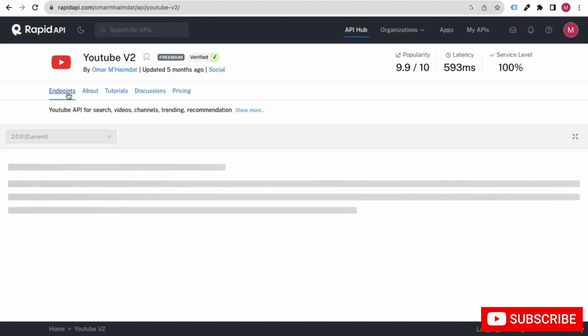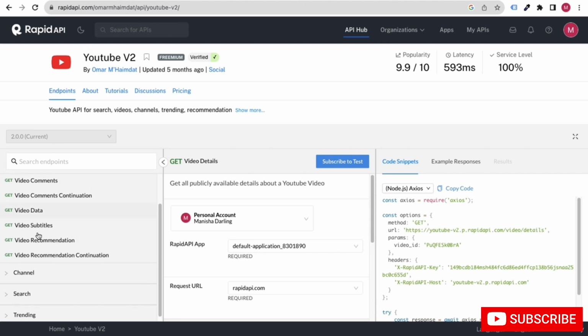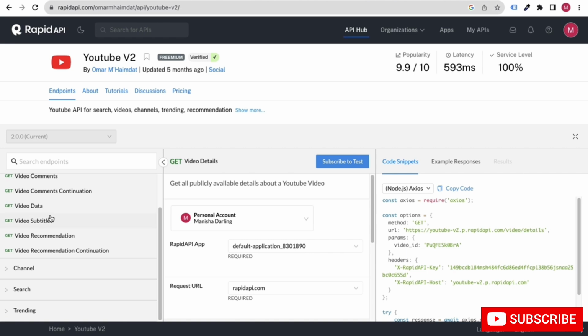In a very simple way, my friends, endpoints means functions, what functions this API is providing. So these are all the endpoints for this API. That means these are all the functions which this particular API is providing.